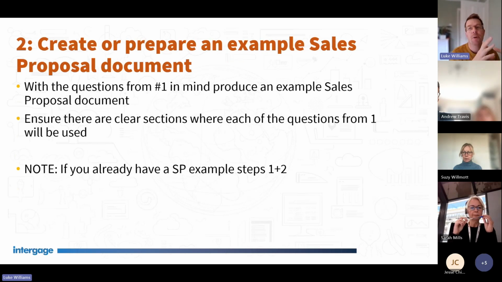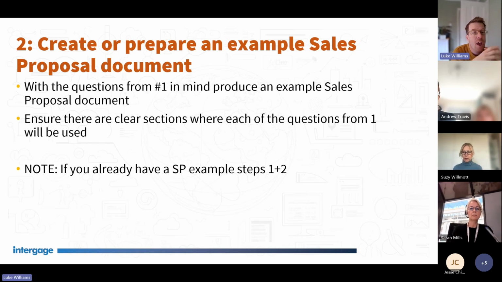So those then formed up into a Word document, which is an example of a sales proposal. Within that, there are section headings. And then what we're going to do is we're going to use ChatGPT to match the questions that it will find within the transcript into the example document to create a new document, which is a first draft that we can then review and